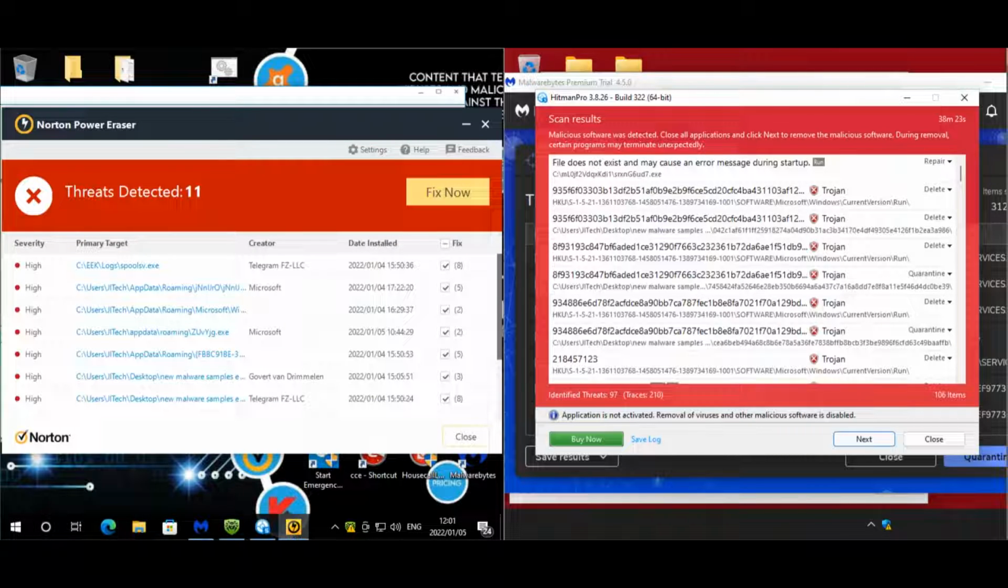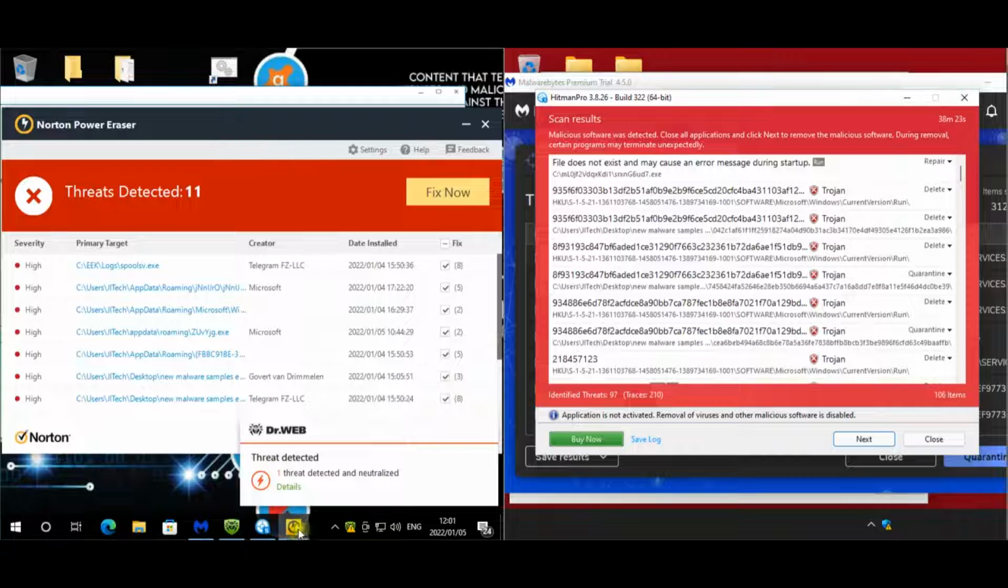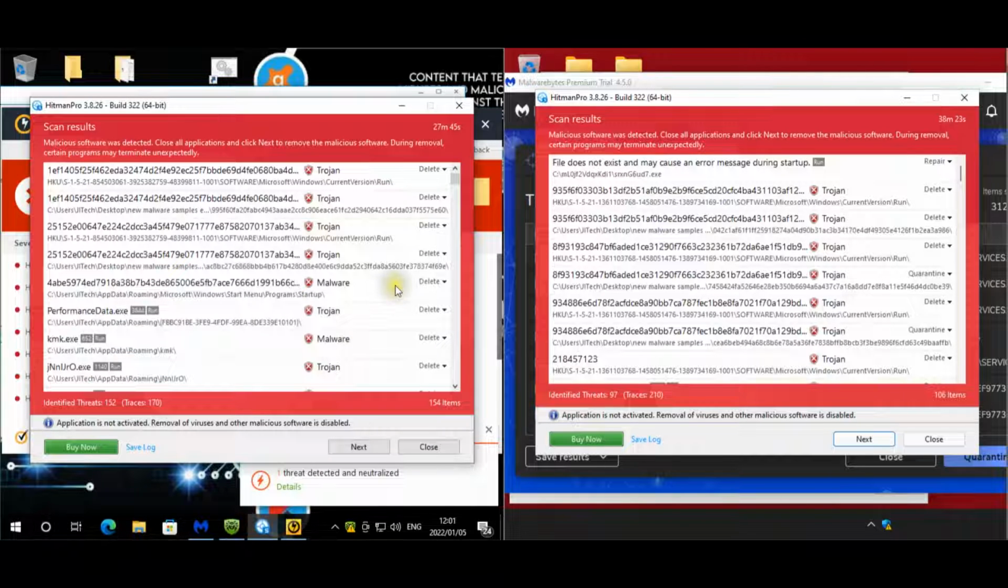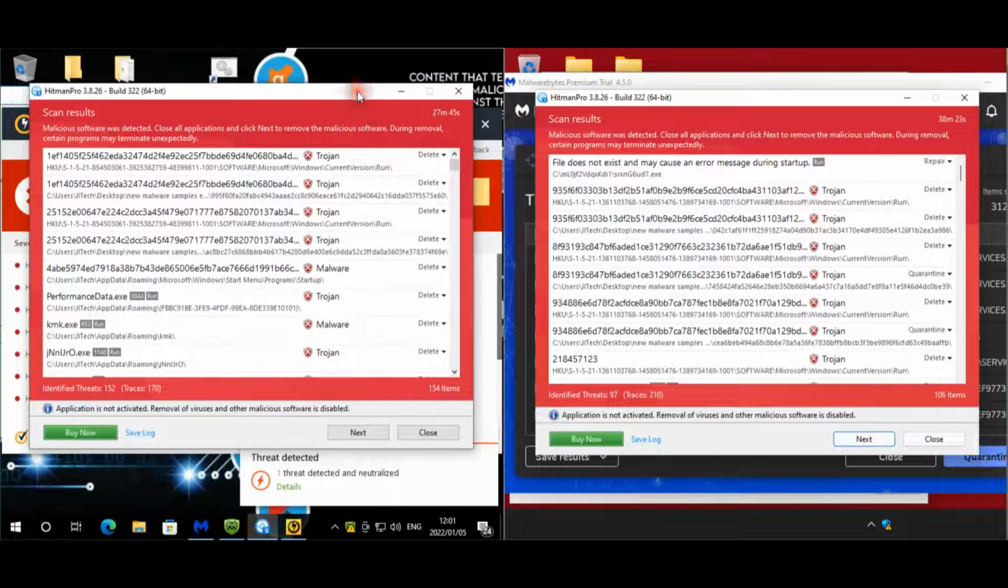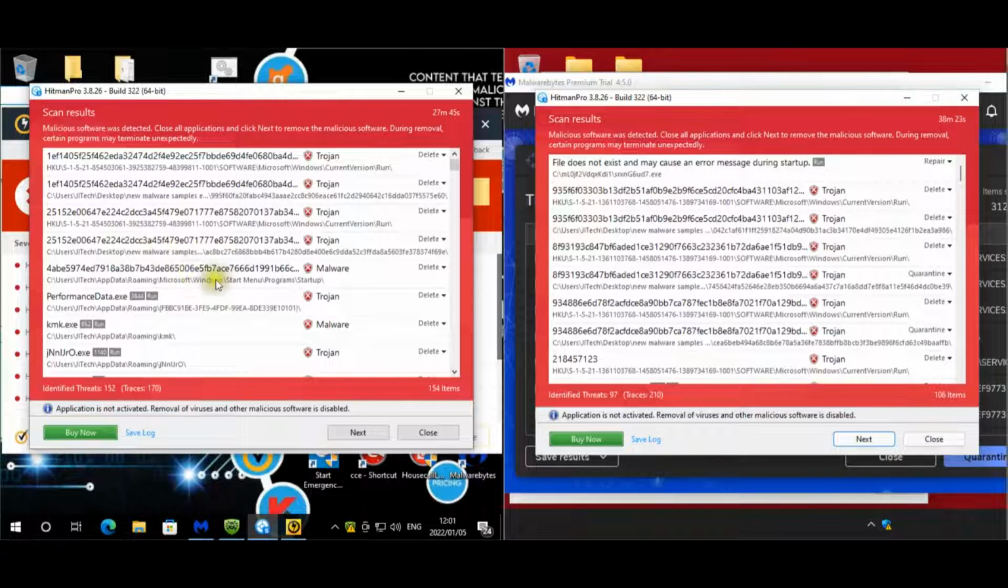Okay guys, so we are finally done with all the third-party opinion scans. So let's quickly have a look at all the results. Okay, so for Dr.Web on the left, we obviously have one registry key, malware on the desktop, registry key, malware, app data,